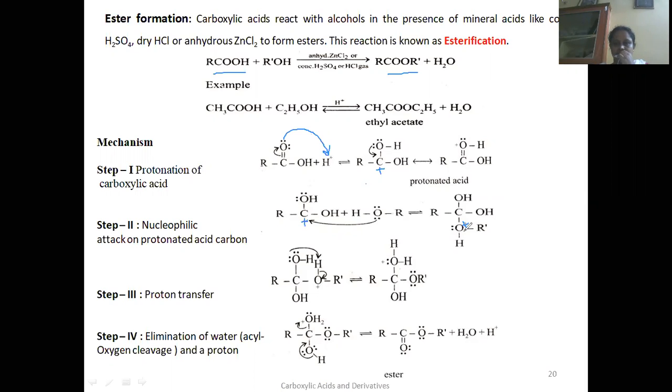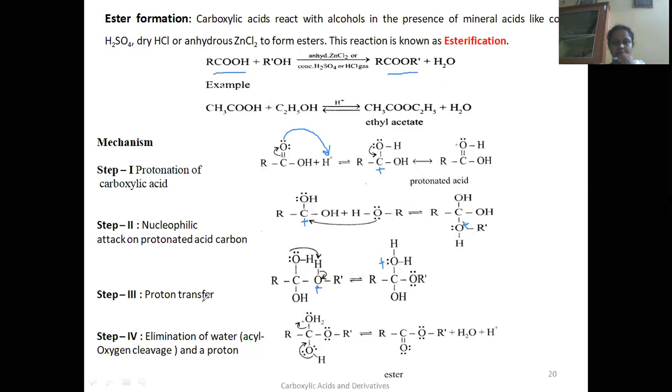So there is a positive charge on this oxygen. It is not visible, I'll just write it with a pencil now. We all know that a positive charge on an electronegative atom is not stable. Therefore, it will try to get stabilized. How? Here there is a lone pair of electrons, and this lone pair will take up the hydrogen that is on this positively charged oxygen. Since this lone pair is donated to this hydrogen, there is a proton transfer here.